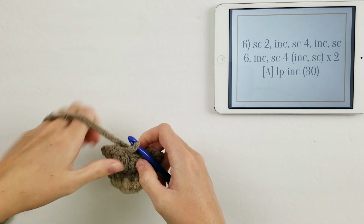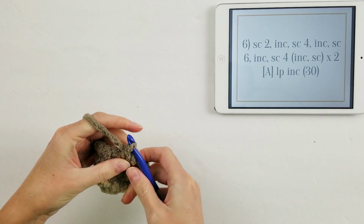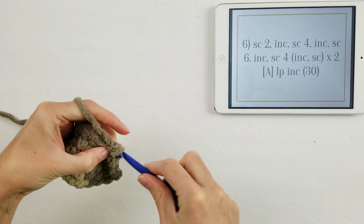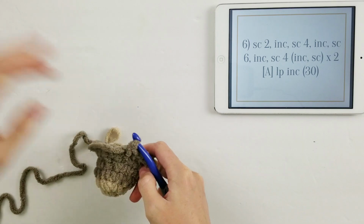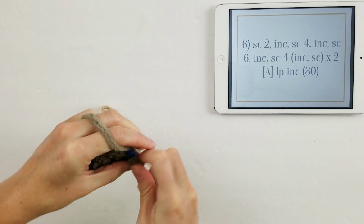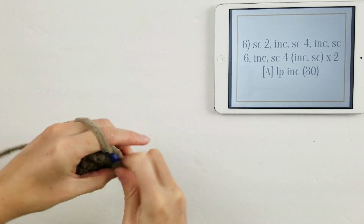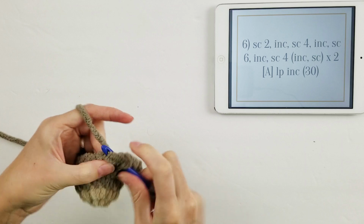All right, kind of another intimidating row here. Once again, we'll just break it down nice and simple. A single crochet 2, 1, 2, and increase, and single crochet 4, 1, 2, 3, 4, and increase, and single crochet 6. That kind of broke a little unevenly. 1, 2, 3, 4, 5, 6, and increase,